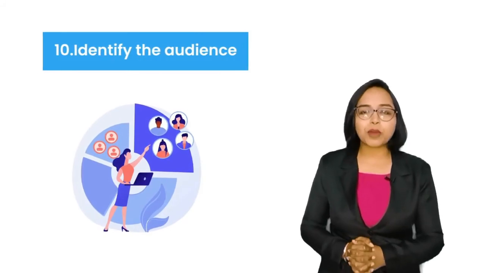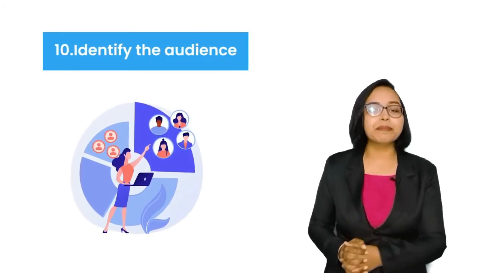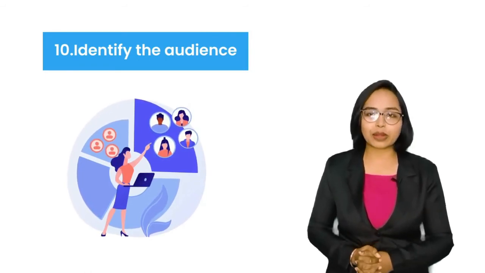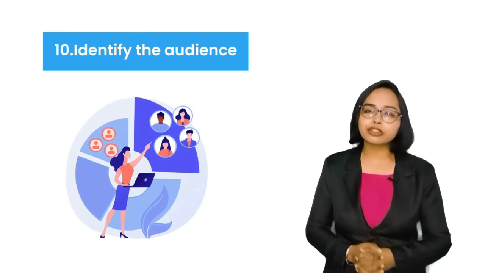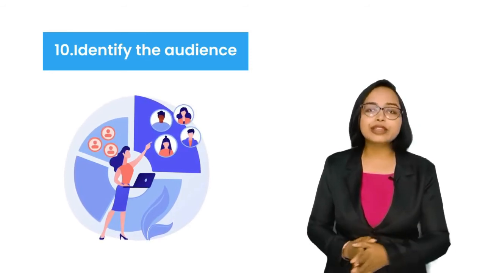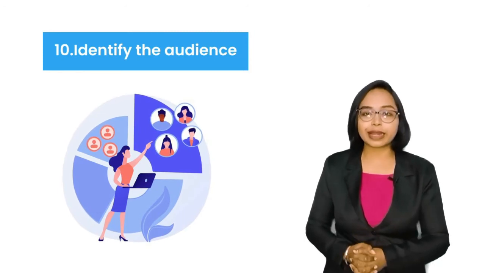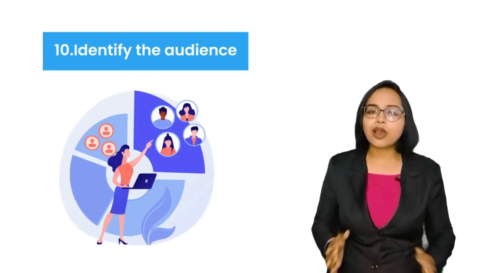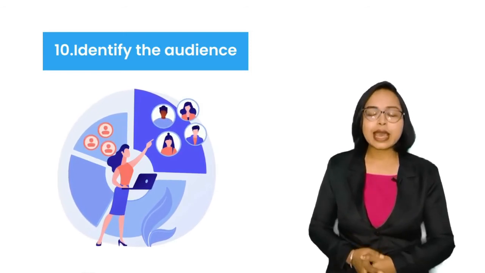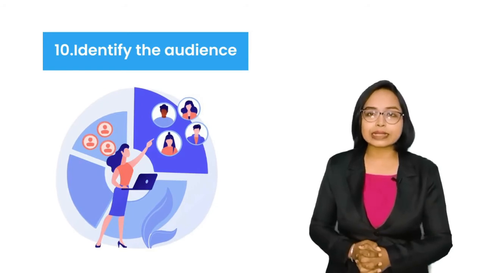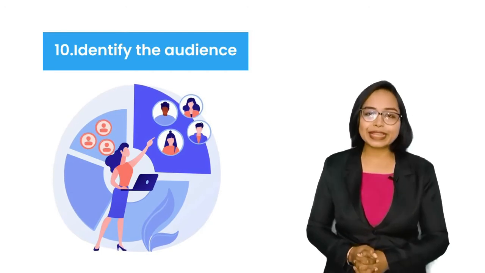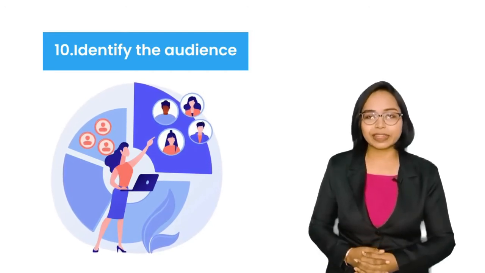Number 10. Identify the audience. This is the most important step that many skip before creating a marketing plan. Social media offers multiple ways to know and find your target audience. Finding your target audience is a very crucial step if you are keen to attract a good number of leads. Every business is different, and so is its target audience. You can also segment your audience on Twitter in order to create successful marketing campaigns. Identifying your audience is a prerequisite for any hack you wish to act upon. When you know who you want to reach, your marketing will work more effectively.